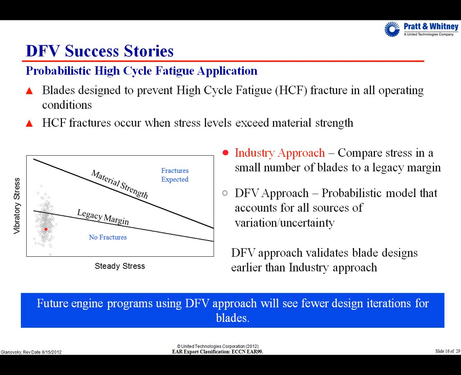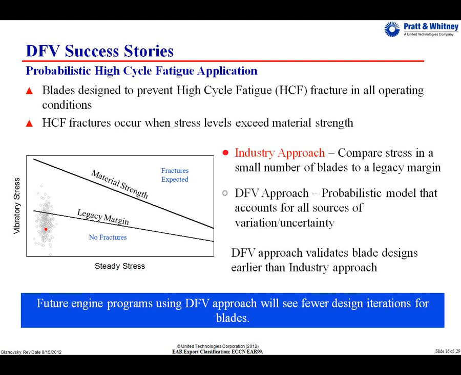Back to the drawing board. It's a very painful experience, I can assure you. So we realized from the start, why are we just using the maximum? Why are we just using one data point and throwing out all the rest of the stress data we collected? Let's make a probabilistic version of an HCF model. Let's start looking at the entire distribution of stresses, try to predict how bad the future ones will get, and what the failure rate of blades will be when that stress that they see exceeds the material strength line.